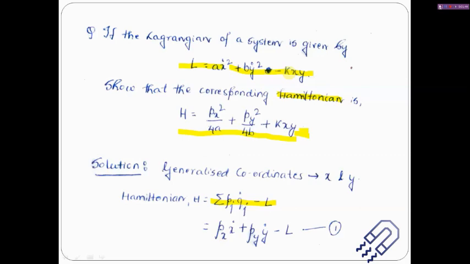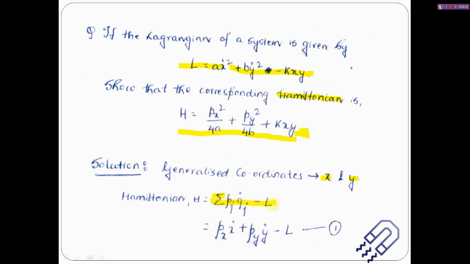When you look into generalized coordinates, we look at it from the Lagrangian point of view because we start with the Lagrangian. So we have two generalized coordinates here, one is x and one is y. Why is it important how many generalized coordinates there are? Because this will determine what your summation is all about. When we talk about summation, it is the sum of a number of factors. Here the sum depends on how many generalized coordinates there are. So since there are two, the sum would be a combination of two factors, one having functions of x, the other having functions of y, and minus L.